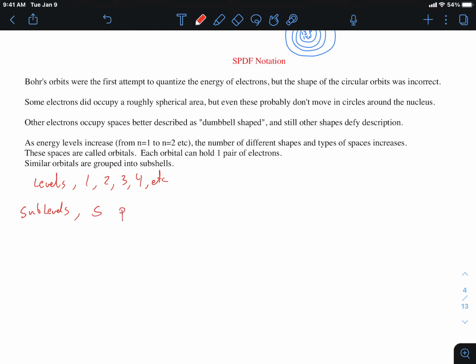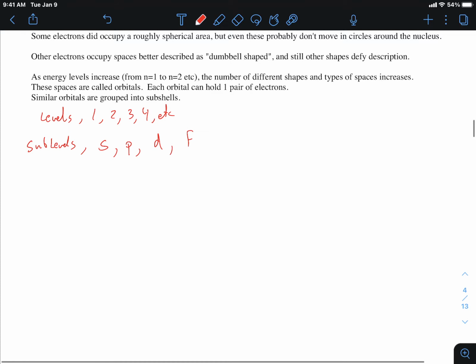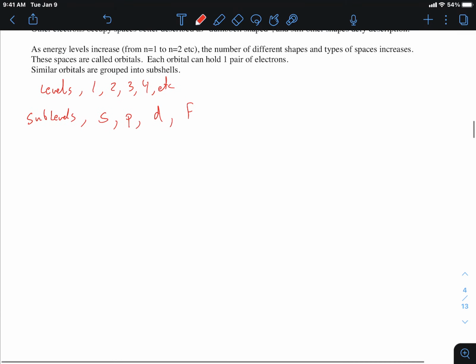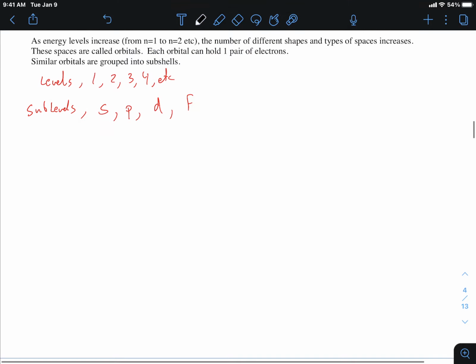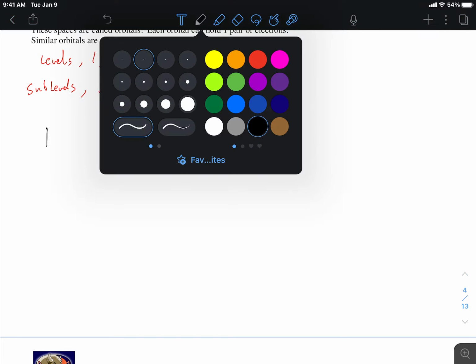There's S, P, D, and F. And depending on which level you're in, the number of sub-levels will increase or decrease. So let's start from the very beginning. In energy level 1, there is one sub-level. It is called